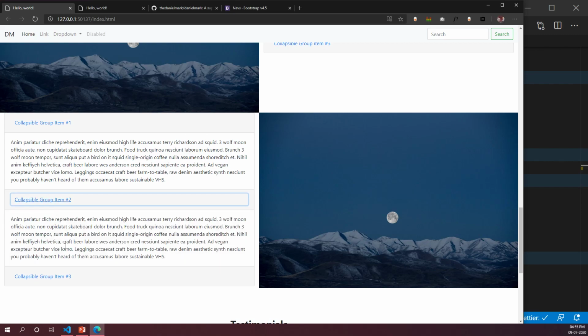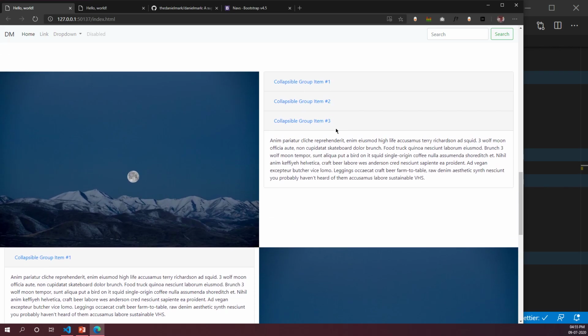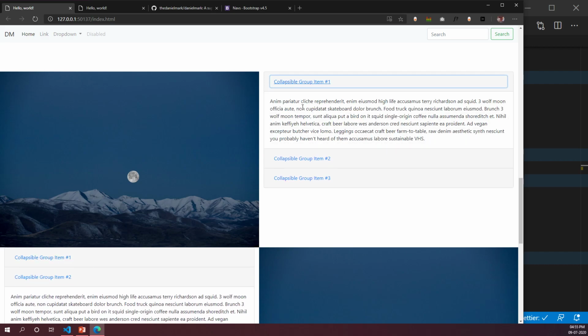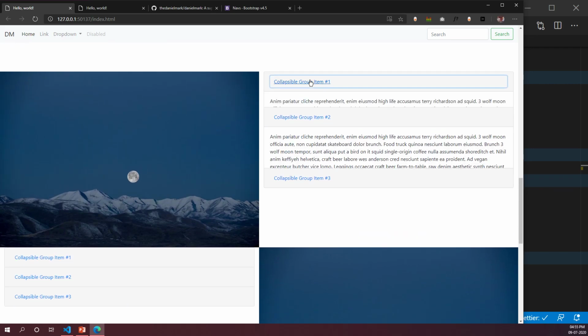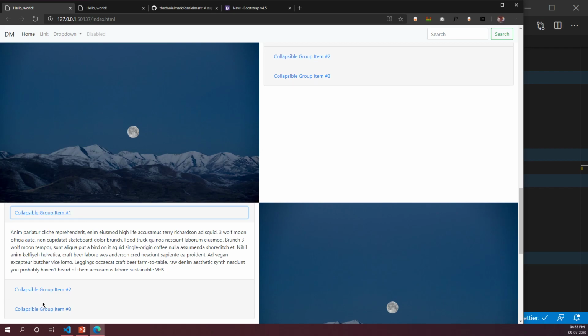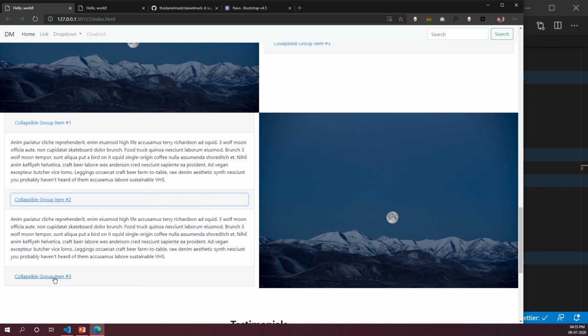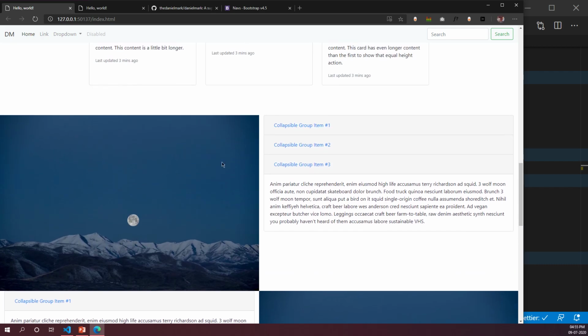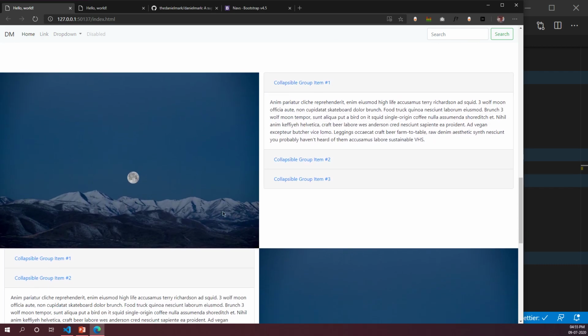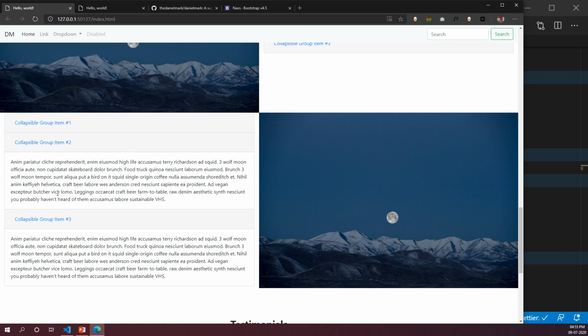That's because you're targeting it using an ID, right? And I told you there can be only one ID on one page. IDs are unique. So notice carefully: if I click on the first one, it opens this, but it closes the first one on the left side. That's because they both have the same ID. So 1, 2, and 3 have the same ID. It's like if you click one and it triggers the other one. So this won't happen. We're going to replace this and create tabs over here.